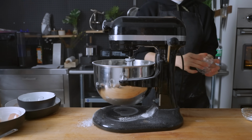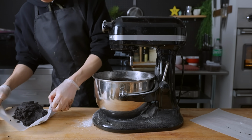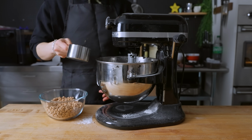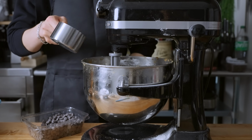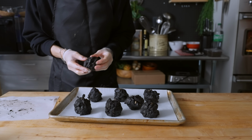Now we have a really dark dough that is going to be a good base, and we're going to split this dough similarly to the other one and do half of that with 2 cups of chocolate chips and half of that with 2 cups of peanut butter chips. People said the Reese's peanut butter chips specifically need to be used for this recipe, so we have acquired those. After the same process, chilling the dough, separating it out onto a tray into craggly balls, freezing it again,